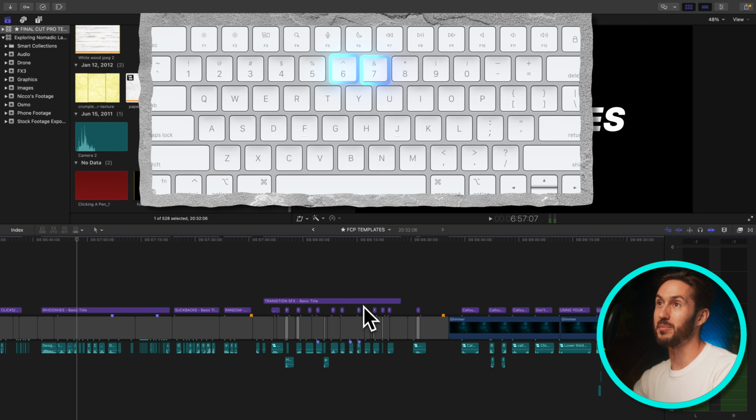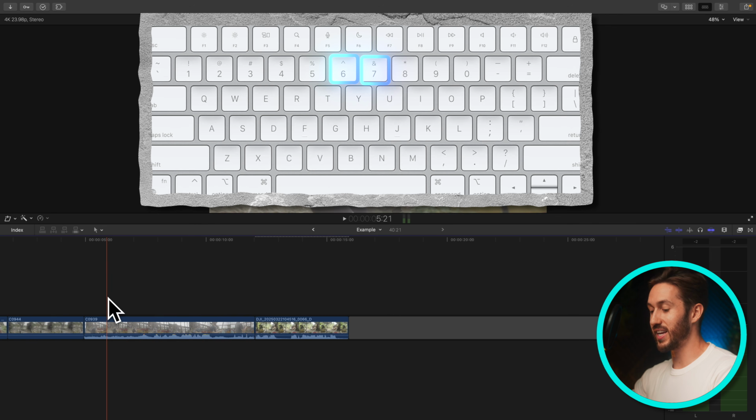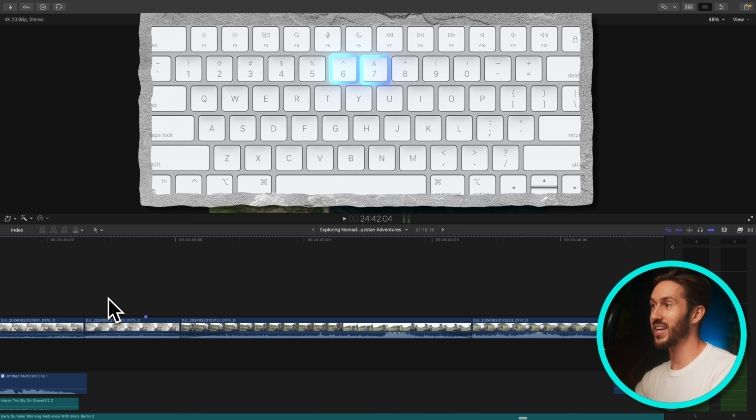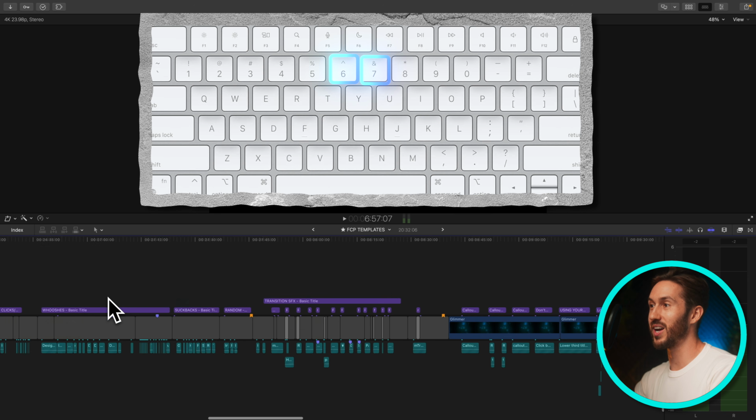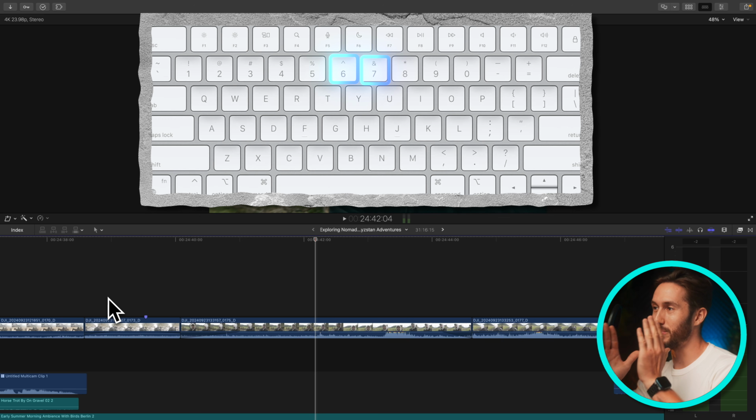And if we have another timeline up, so now we have a bunch open, you don't have to go to this if you're ever editing. Just hit 6 to go back, bring you all the way back to that first timeline, 7 to go to that one, and another 7 to go to that final timeline. So it's really simple because just like the 8 and 9 keys, 6 and 7 right next to each other,